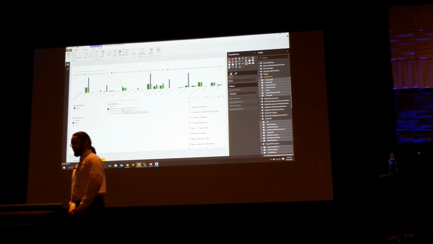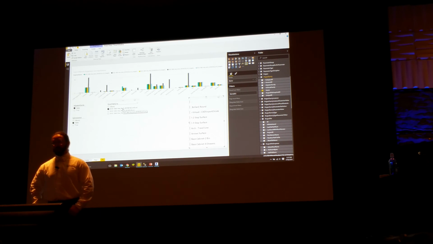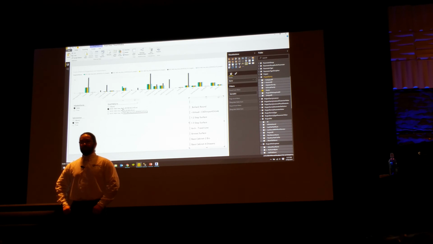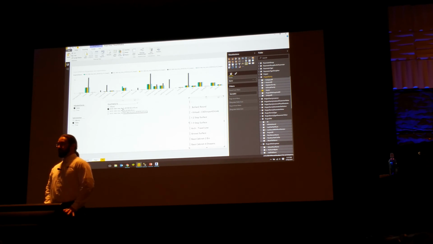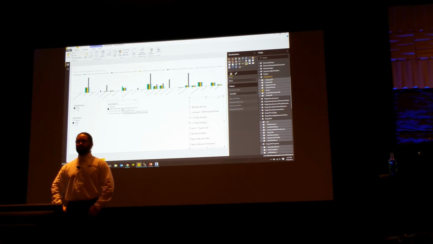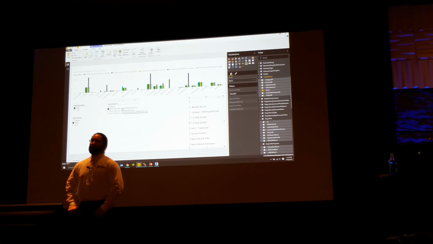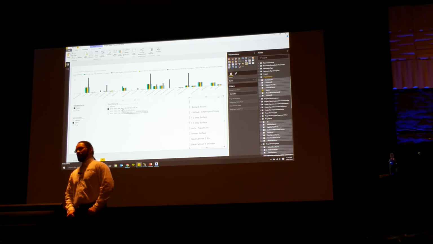And the answer is some of the information I can extract without opening up Revit at all. Things like Revit model file size. I can track that over time. That's basic Windows information. You don't have to open up Revit for that at all. Some of the linked information that exists in the Revit model, or what